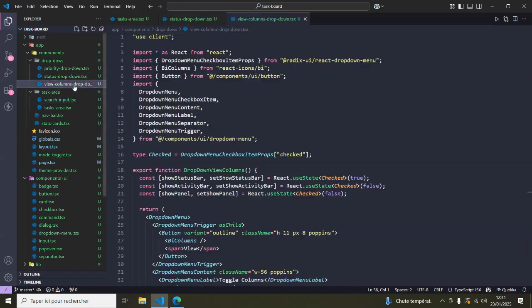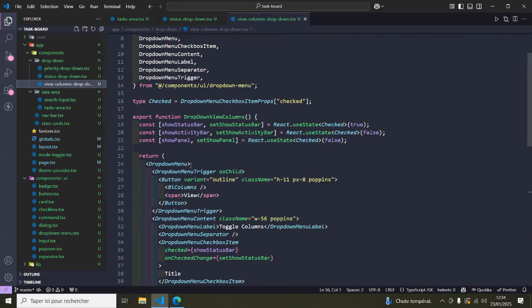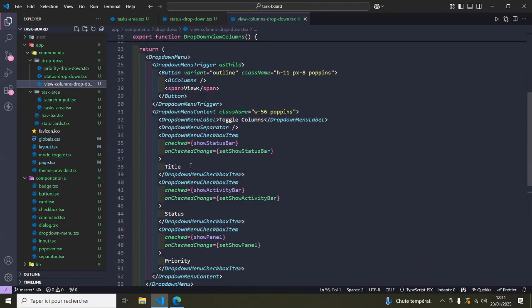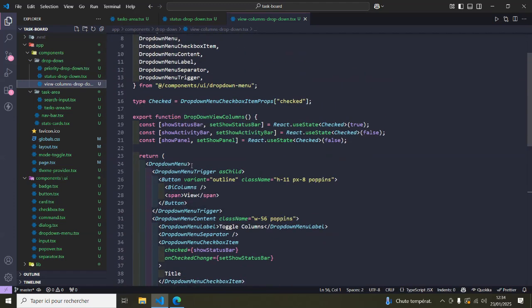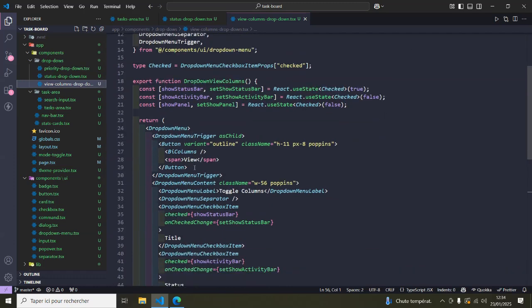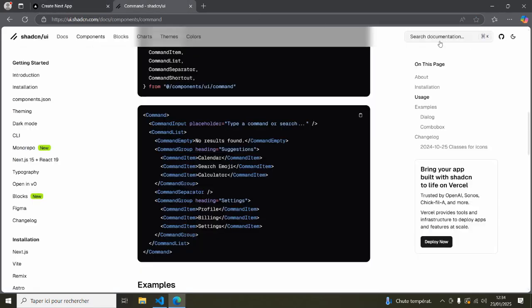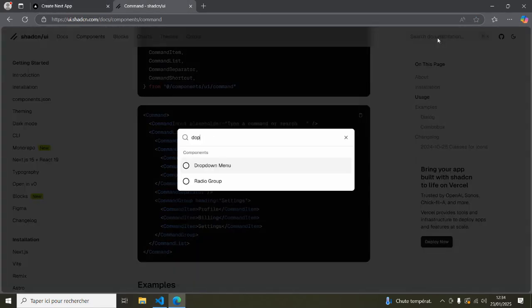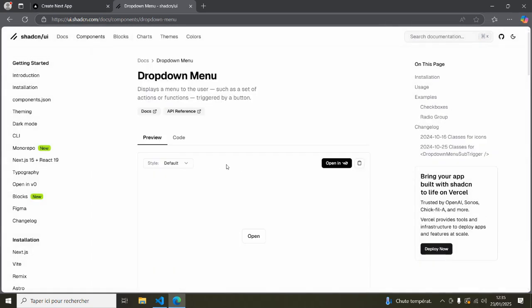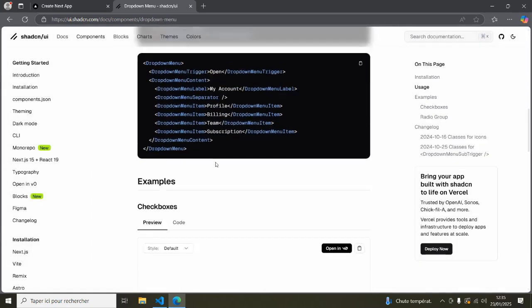And finally, we're having the view columns drop down. So basically, this is the actual component. So I didn't use the map function just to make things simple. But here I should create an array and also map through each element to be able to actually show each item. But basically, what I did, I just went to the drop down menu website here,